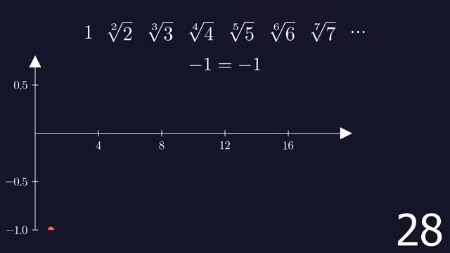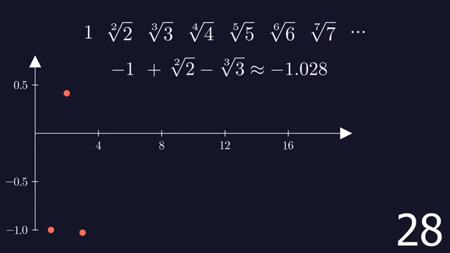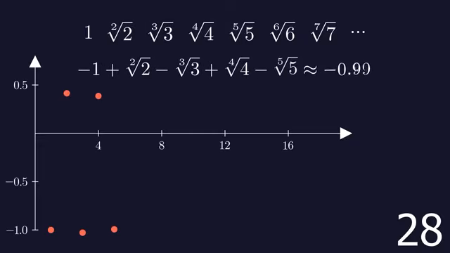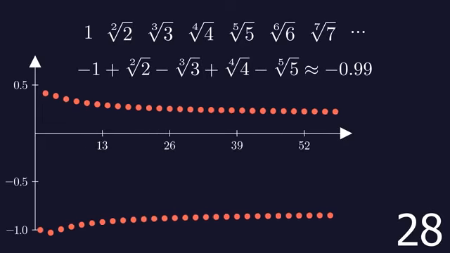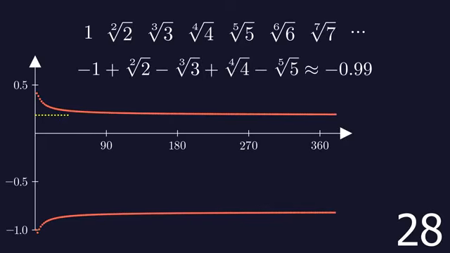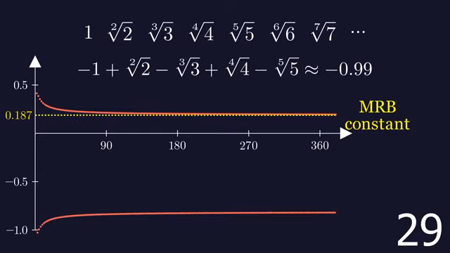Let's define a sequence that starts with 1. The next term is the square root of 2, then the cube root of 3, and so on. Now let's calculate the alternating sum of this sequence, starting with the negative first term. With just one term, the sum is equal to -1. With 2 terms, the sum is approximately 0.41. With 3 terms, it is -1.02. With 4 terms, it is 0.38, and so on. This sum oscillates infinitely, but the upper point never goes lower than the MRB constant, which is approximately 0.187, discovered